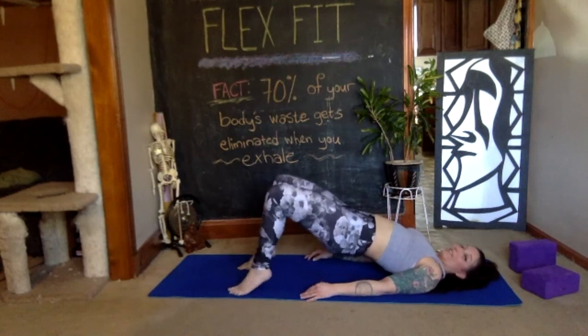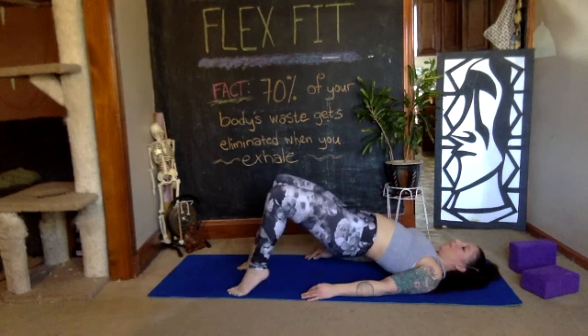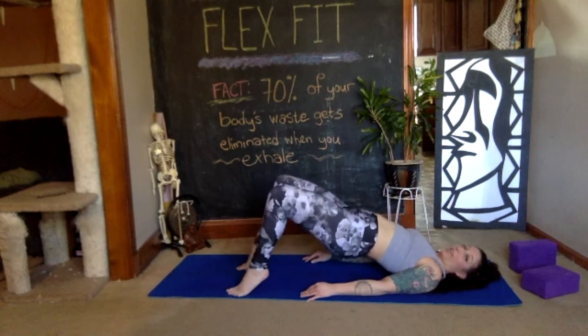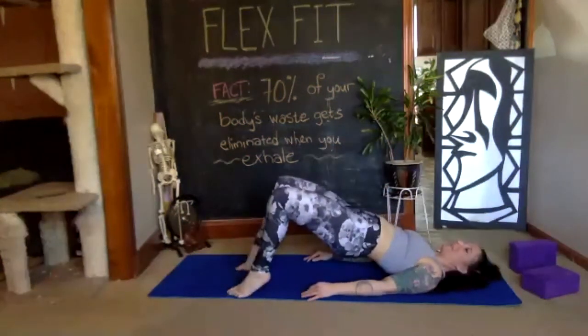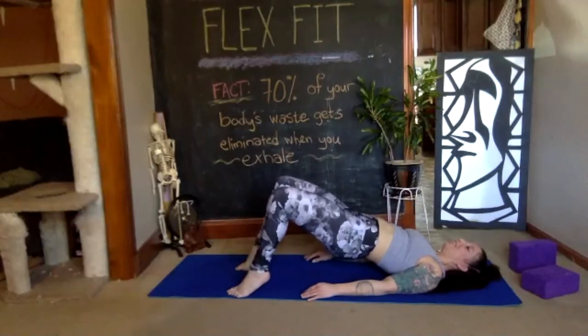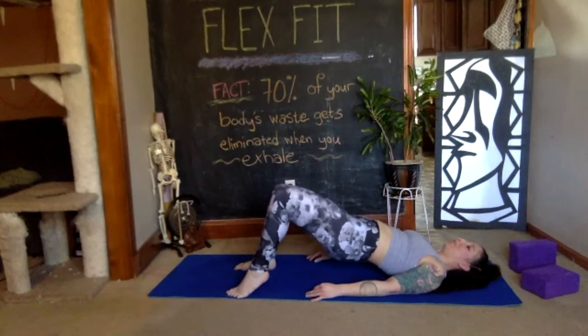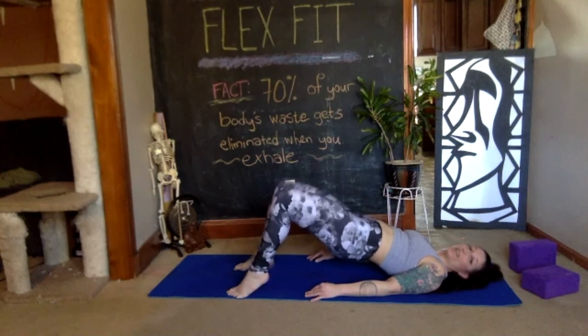Lift your heels for 8, 7, 6, 5, 4, keep relaxing your shoulders. 3, belly button to spine. 2, 1, then alternate for 8. Switch. 7, switch. 6, keep breathing. 5, exhale higher. 4, 3,